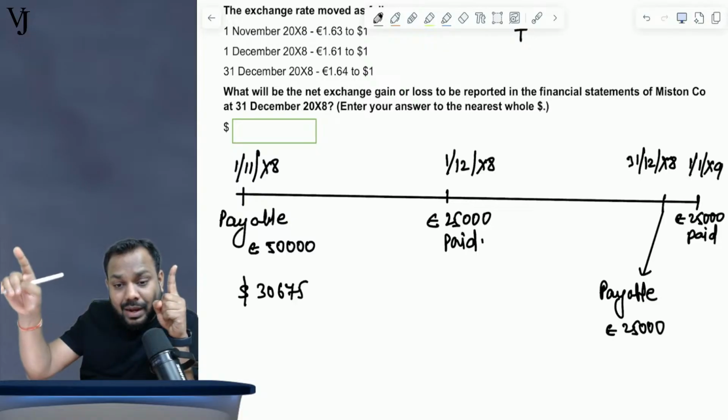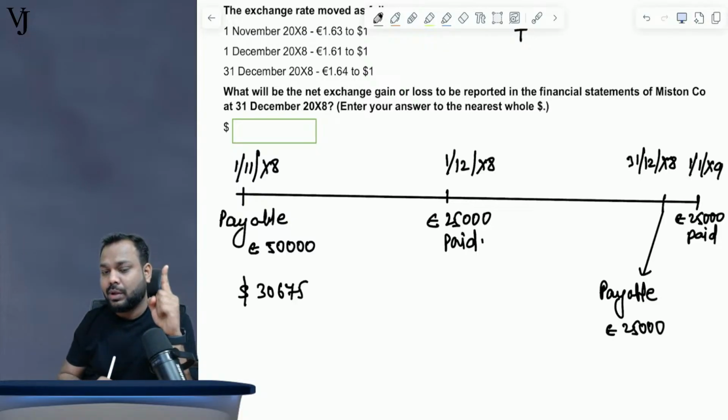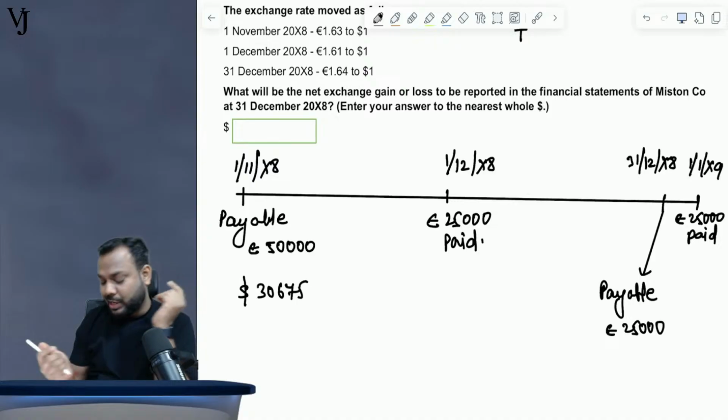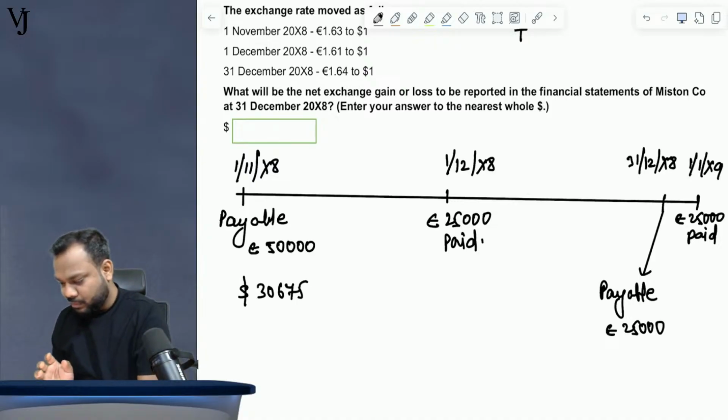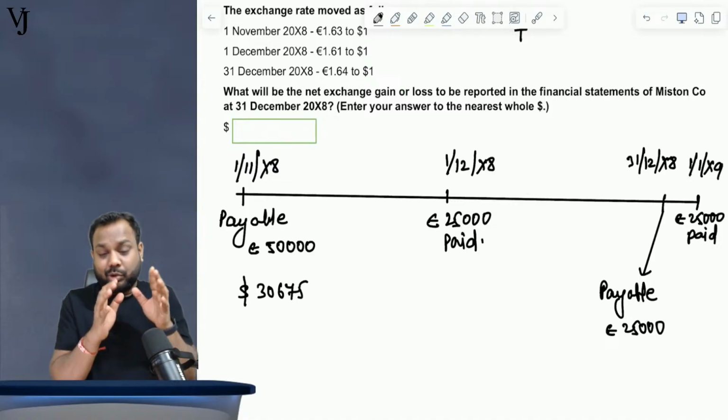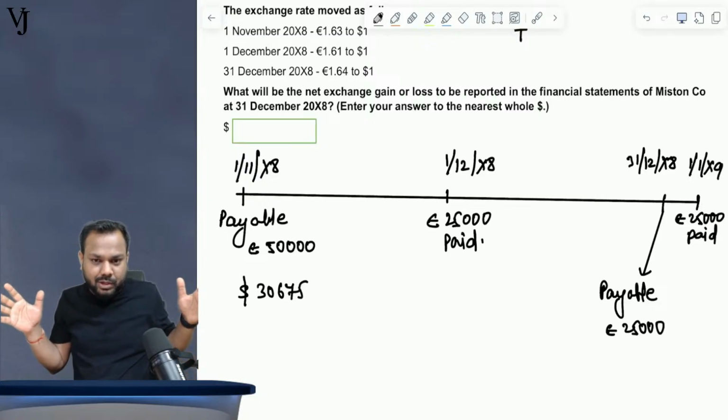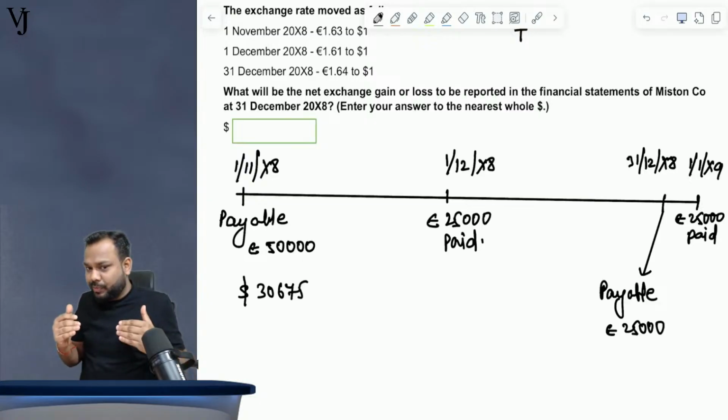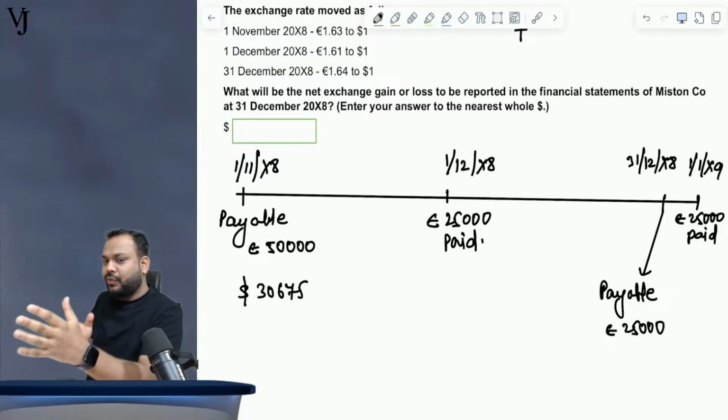One dollar can handle 1.63 euros. Let me explain. Let's suppose there is a movie going on. SRK is the hero, right? He is trying to fight with the villain